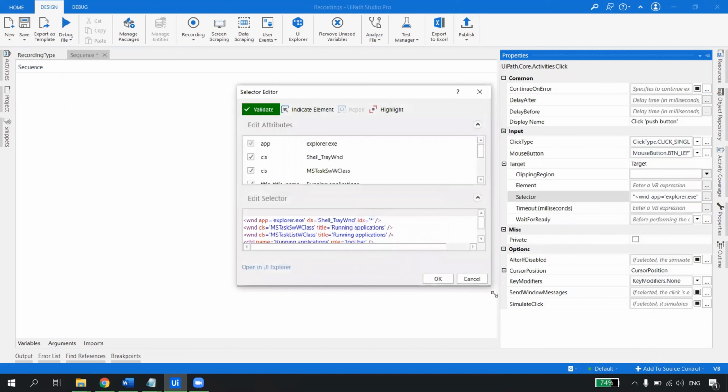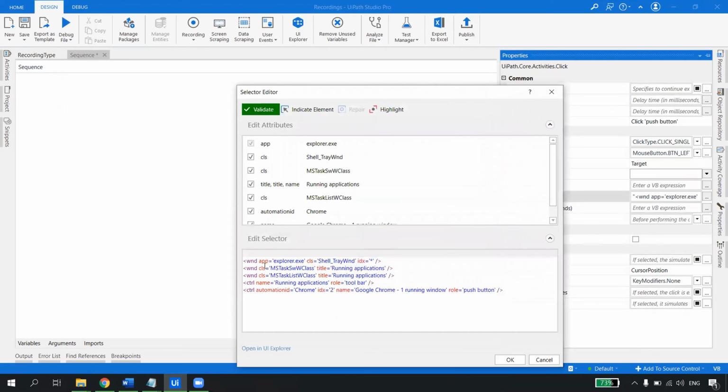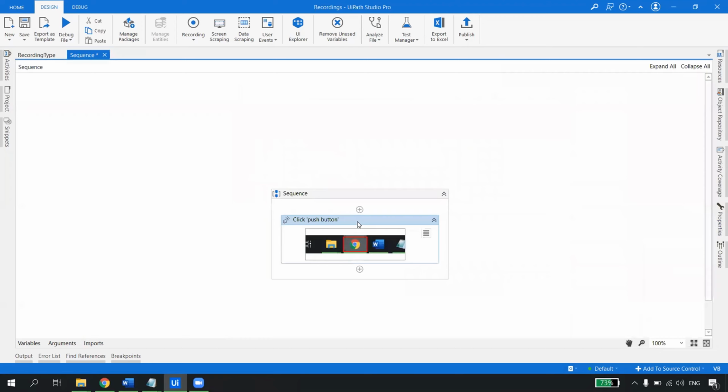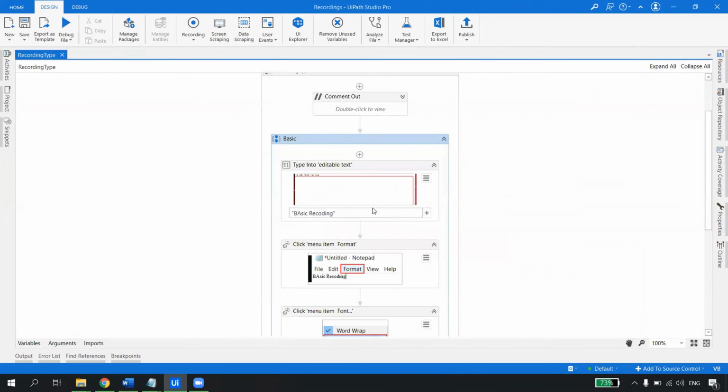It is saying, okay Mukesh, whenever you execute this process, I will look for explorer.exe, go in the tray and find an automation ID where it is Chrome, and then I will simply click on that button. That is how UiPath is able to identify. There is no magic happening, it is just technology. So for UiPath to understand the things on the user interface, the thing is the selector.